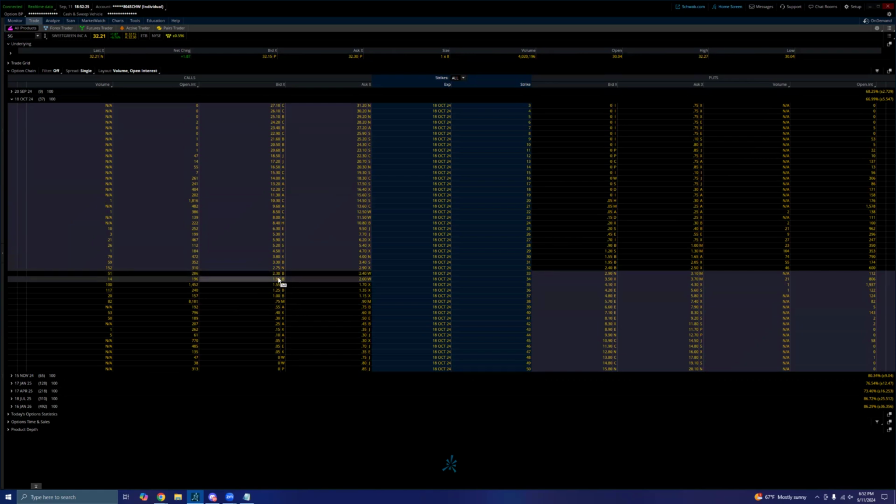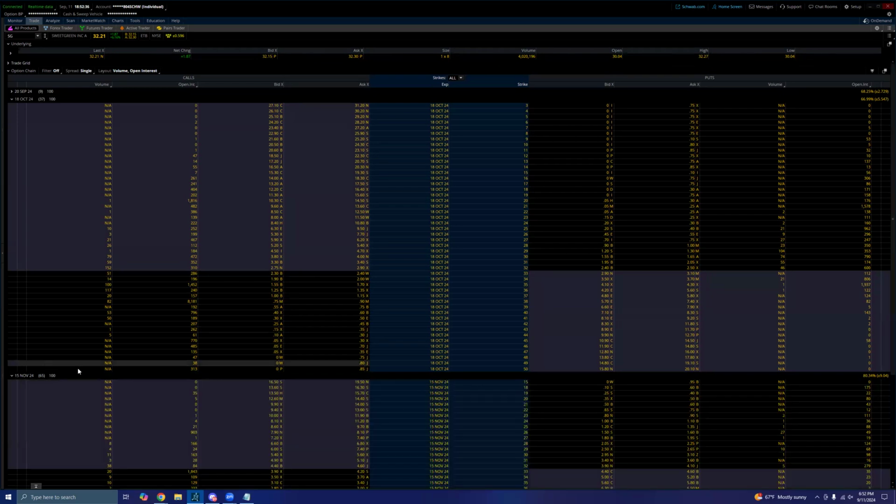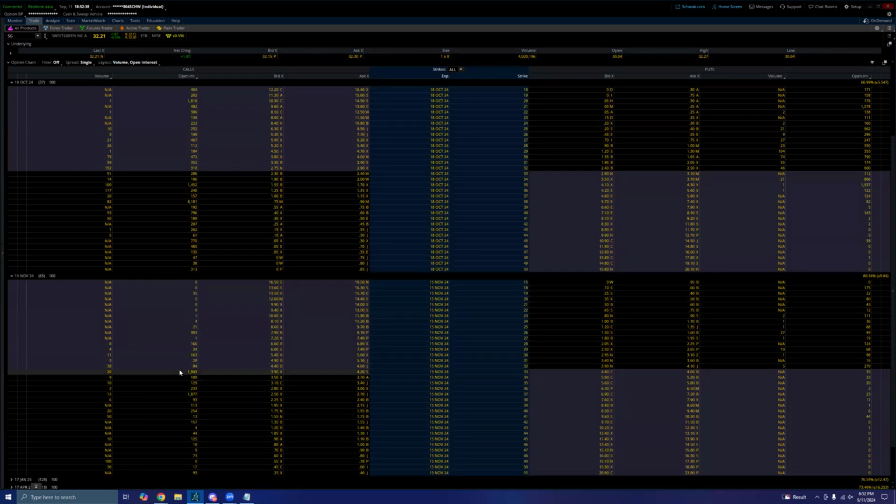Honestly, I'd probably go closer to the money here, like the 33s, only a $10 spread, so a little bit more reasonable. I think probably the 33s for October would be a safer bet than most, even though it doesn't have all the OI and volume I'd be looking for. I would probably just stick with at the money here. Further out of the money, I just don't love the spreads. And you know that those at the money will stay solid even if price decreases significantly. So I'd say probably just the 33s, Norman, and maybe monitor the 35s.